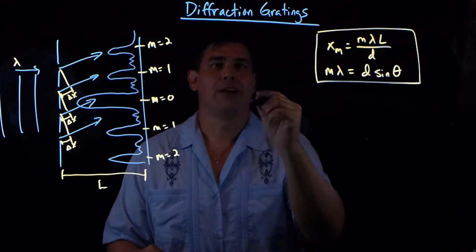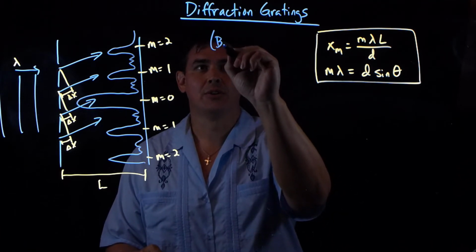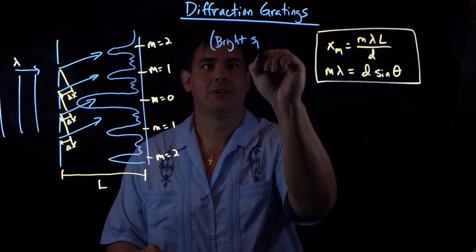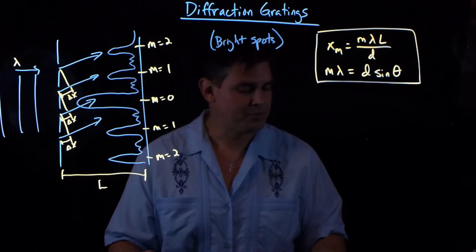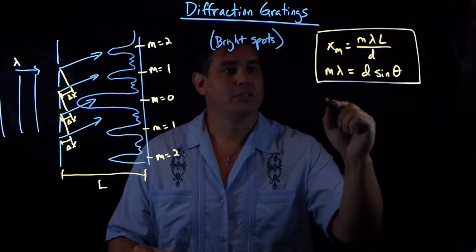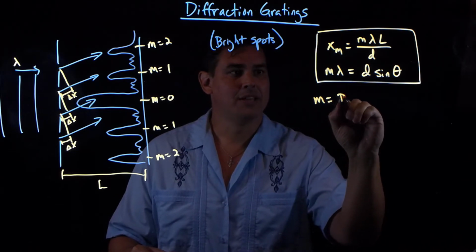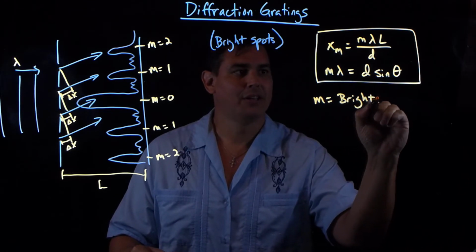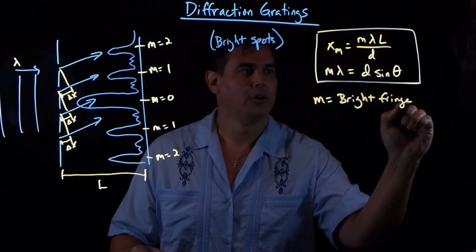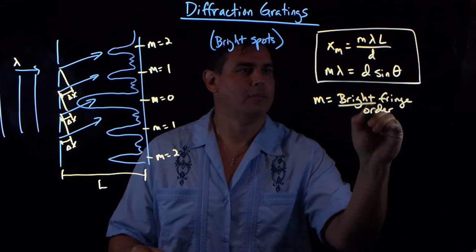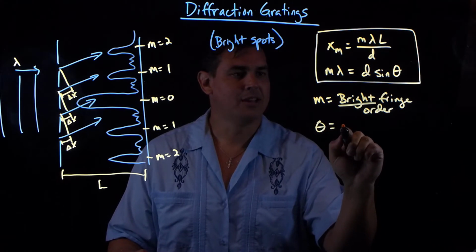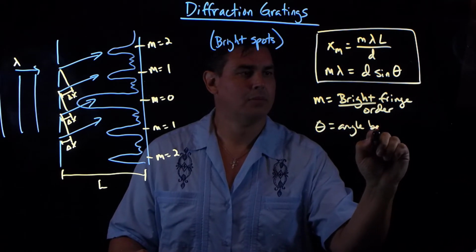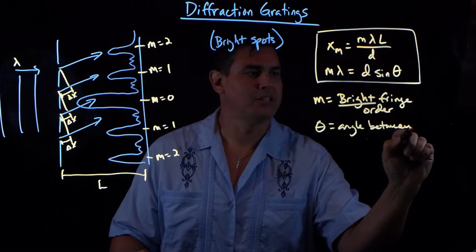It's opposite for diffraction gratings. So for diffraction gratings, we care about the bright spots. We don't care about dark spots. We only care about bright spots. Okay, so same equations. But in this case, M is going to be your bright fringe order, right? Bright fringes, not dark fringes. And then theta is going to be the angle between bright spots,